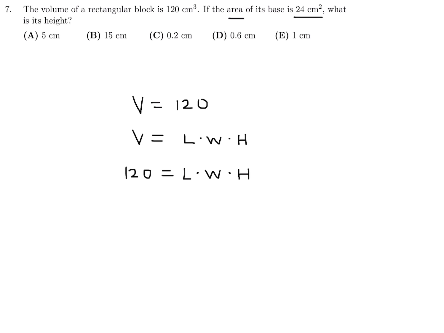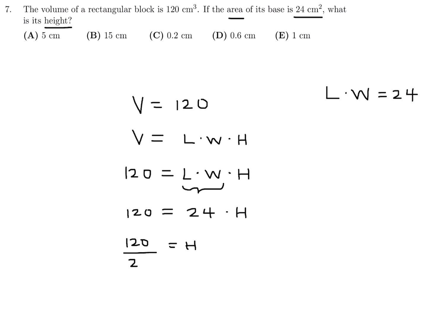The base is a rectangle, and the area of the base is length times width, which is 24. So this LW is 24. So we have 120 equals 24 times h. Now we have to figure out the height, so it's just going to be 120 divided by 24. So h is equal to 5. So number 7, the answer is